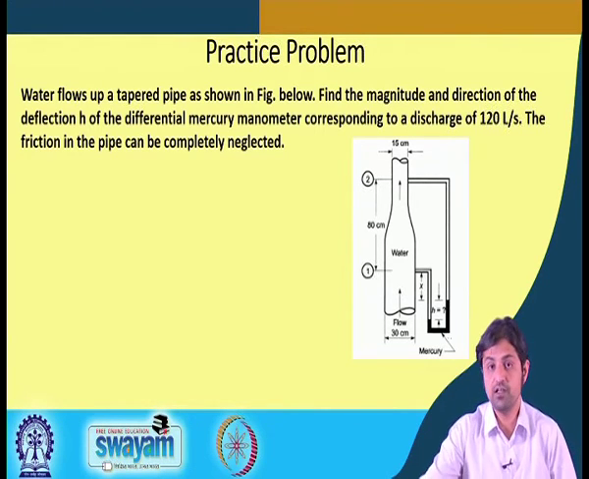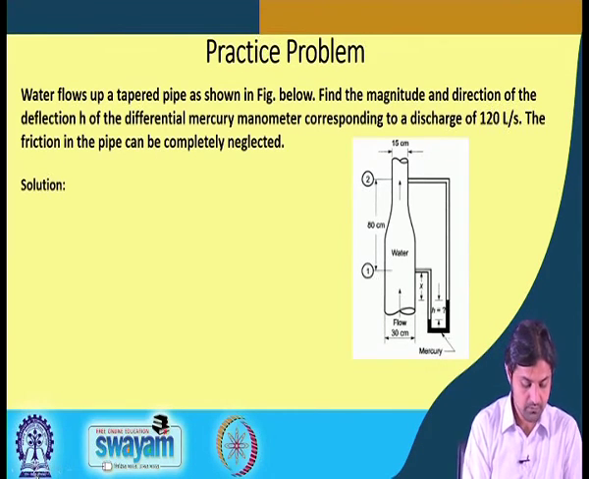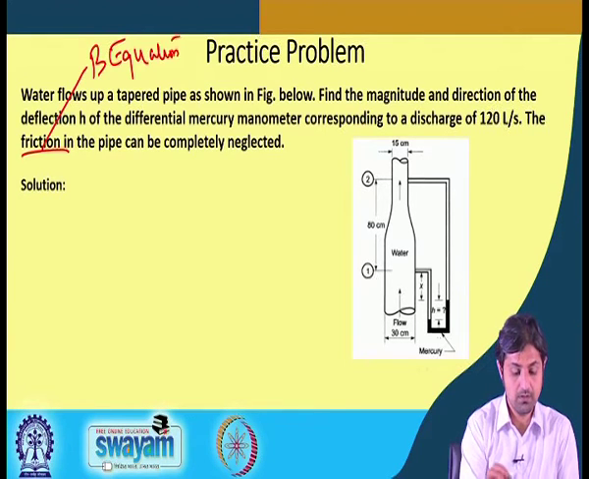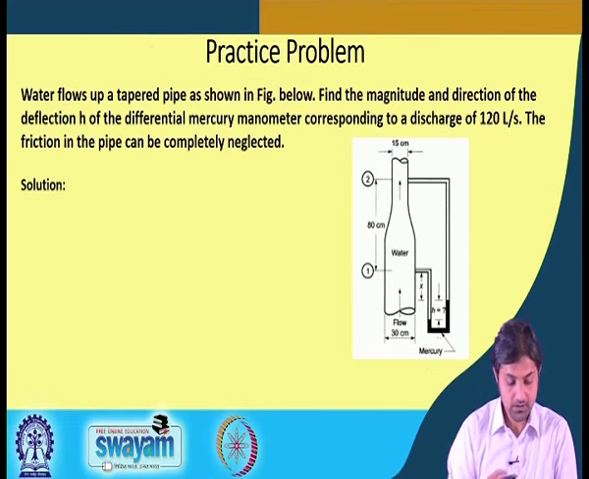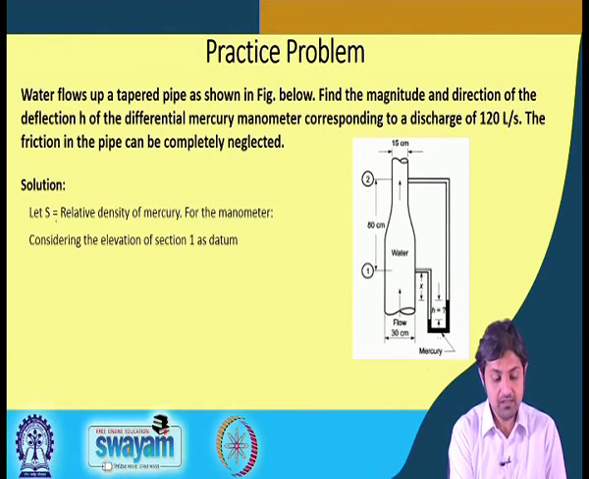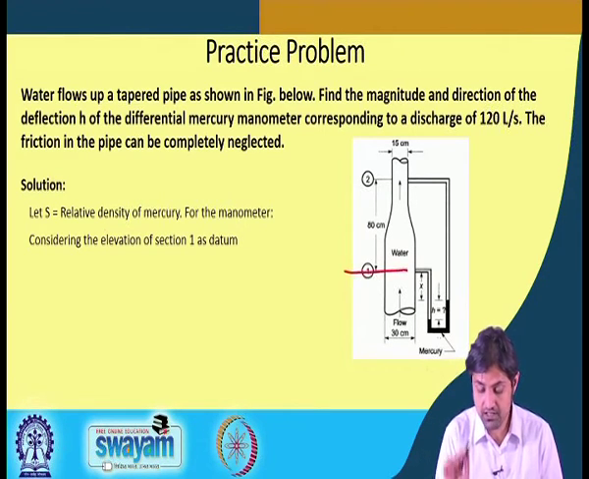The reason for neglecting the friction completely is so that we are able to apply Bernoulli's equation. Okay, fine. If we say that S is the relative density of mercury, we can relate all the densities to water using this relative density. For the manometer here, considering the elevation of this section as the datum,